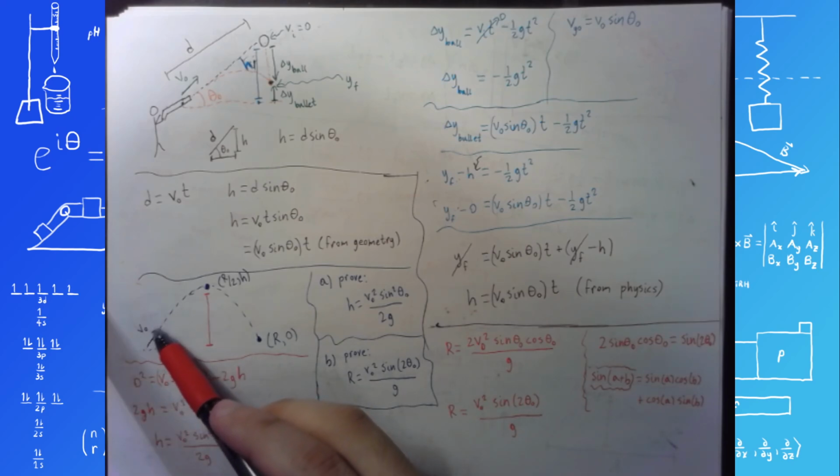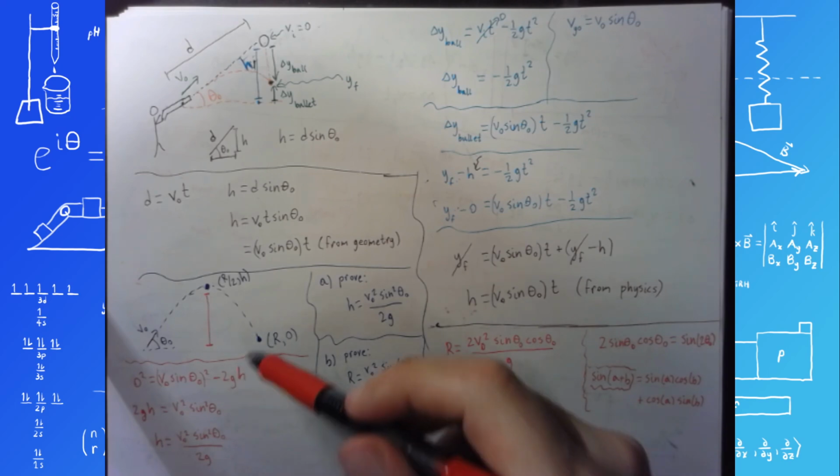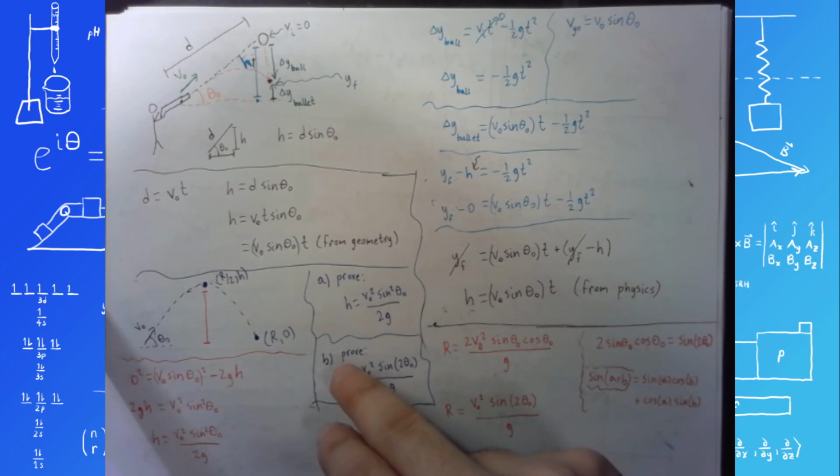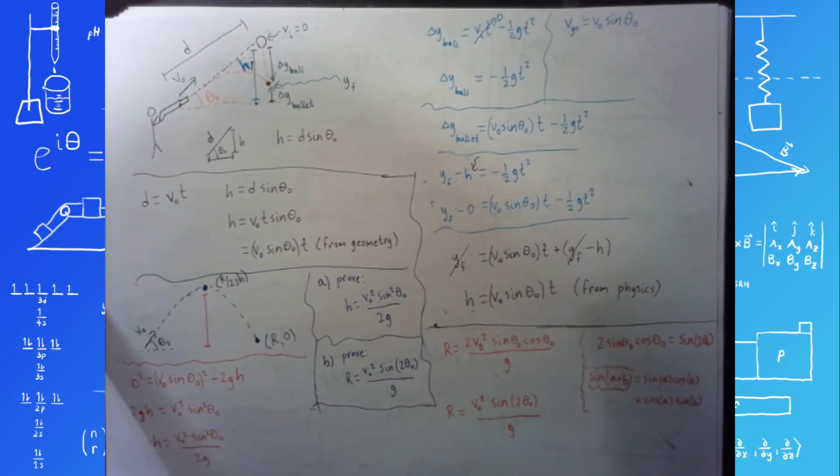If you fire projectiles at the same initial velocity and you try a bunch of different launch angles, you might have noticed that certain pairs of angles always gave you the same horizontal range,